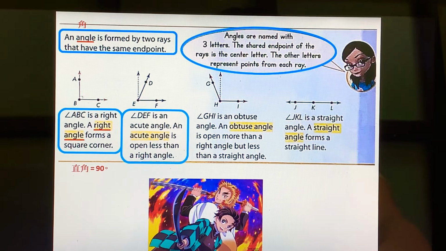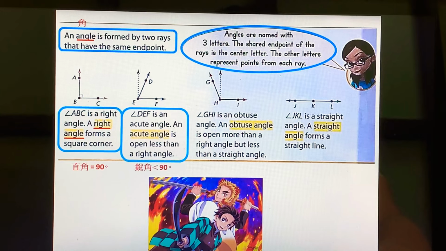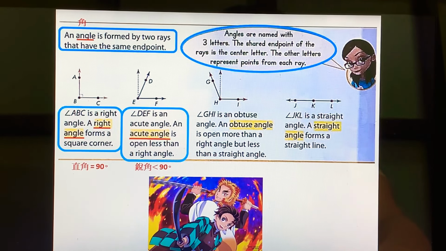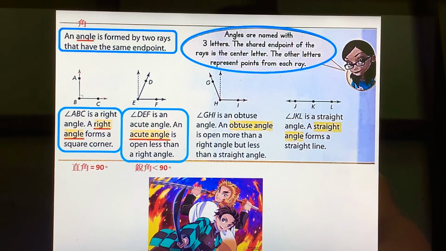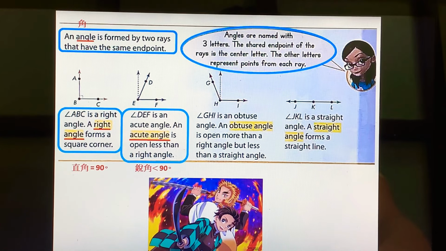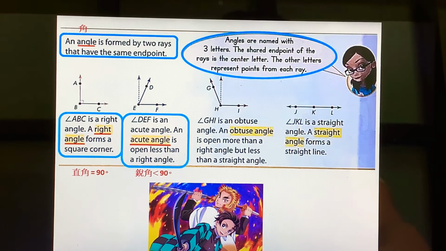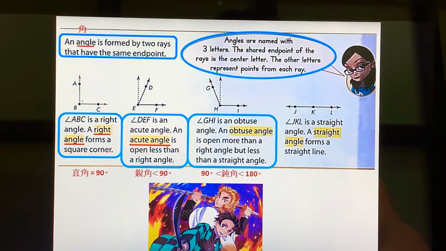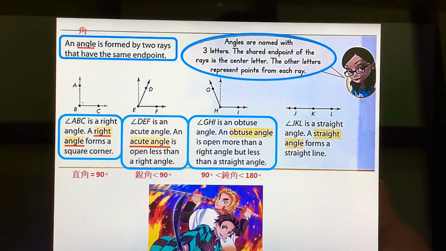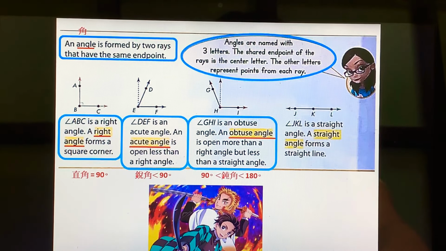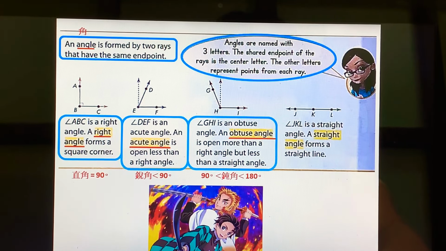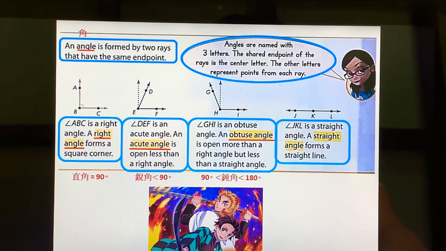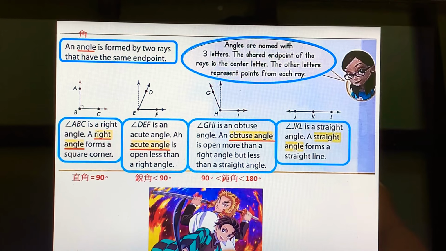Next example. Angle DEF. Angle DEF is an acute angle. Acute angle. An acute angle is open less than a right angle. 锐角小于90度。Next, angle GHI is an obtuse angle. Obtuse angle. An obtuse angle is open more than a right angle but less than a straight angle. 钝角 obtuse angle. 大于90，小于180度。